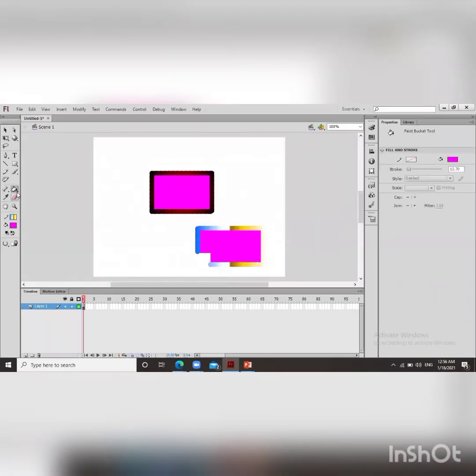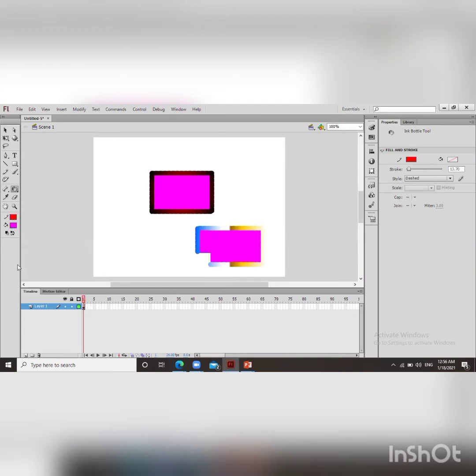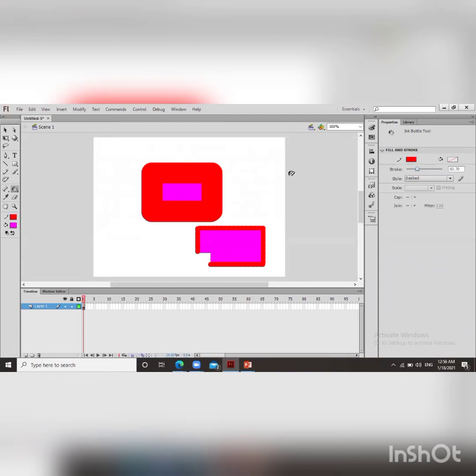I am taking the ink bottle tool from here and changing the stroke color. Whichever one you want to take, just take that one and click on it. You can see now the boundary of the shape has been changed. So basically ink bottle is for the stroke, and if you want to change the stroke size also, you can change it by just clicking on it.